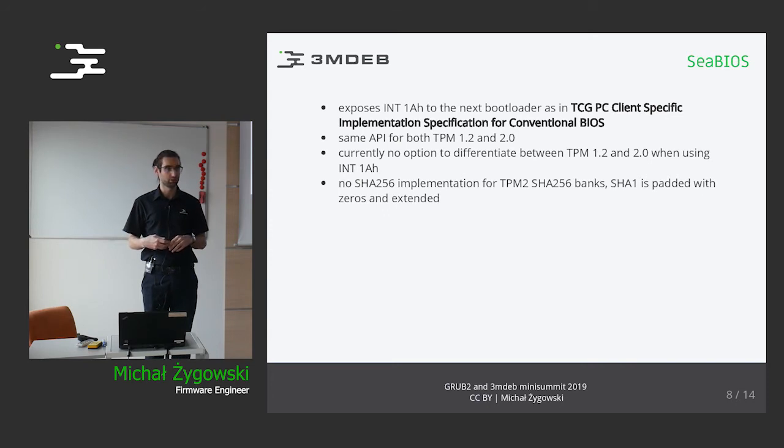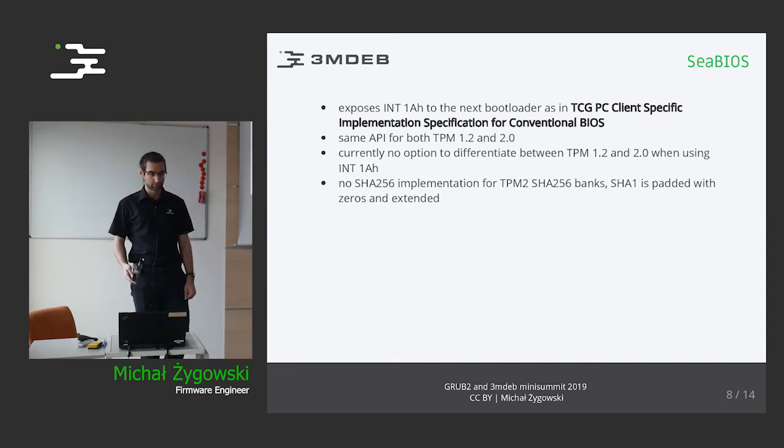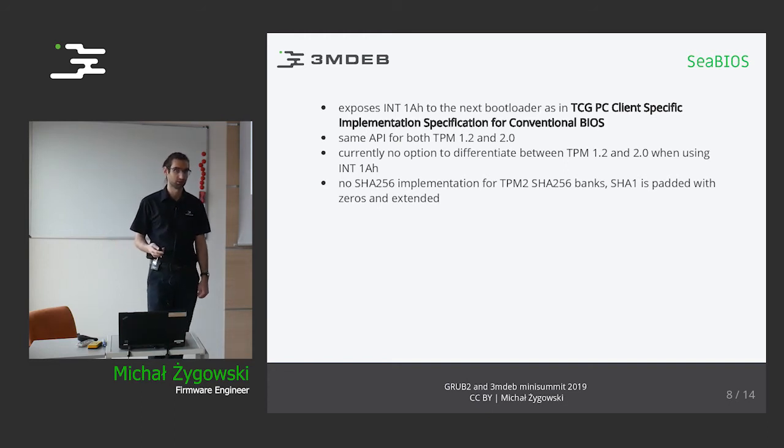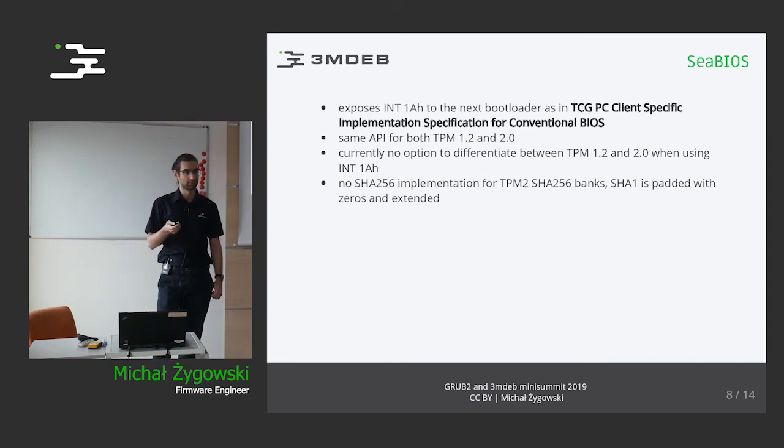For TPM 2.0, the hash is padded with zeros and then extended into SHA-256 banks on TPM 2. So this is another issue to be resolved. And as I mentioned earlier, the TPM driver in CBIOS is abstracted in such a way that it hides the TPM version from the bootloader perspective, because it uses unified interrupts as defined in the specification. But the specification, on the other hand, says that